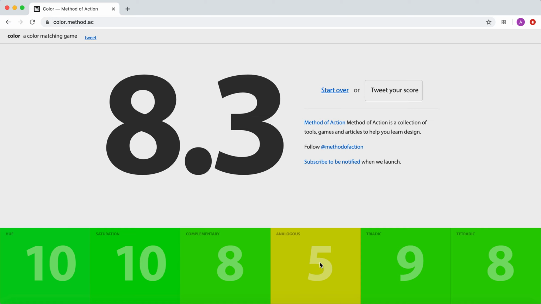Yeah. So analogous color was not that good. I think with that one I didn't realize where I was at. But keep trying this over as many times as you want. And remember, on